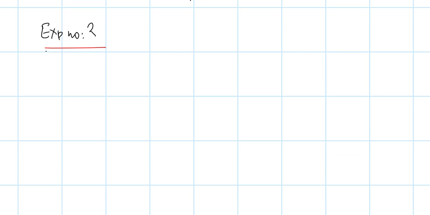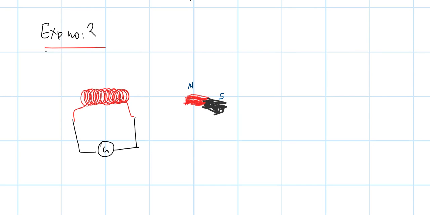instead of moving the coil, so let me draw the coil or the solenoid in our case. Suppose you had a coil or the n number of coils, which is the solenoid, like this. And then connected towards a galvanometer again. And then we have the magnet. Instead of moving the coil, instead